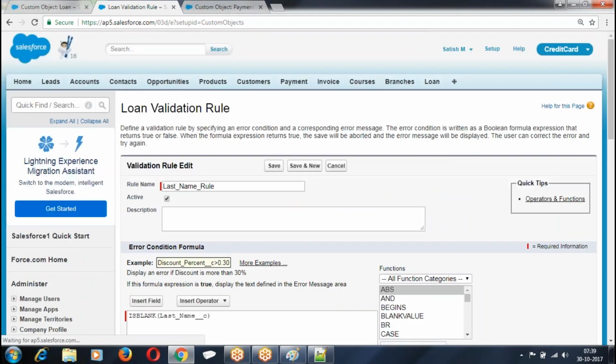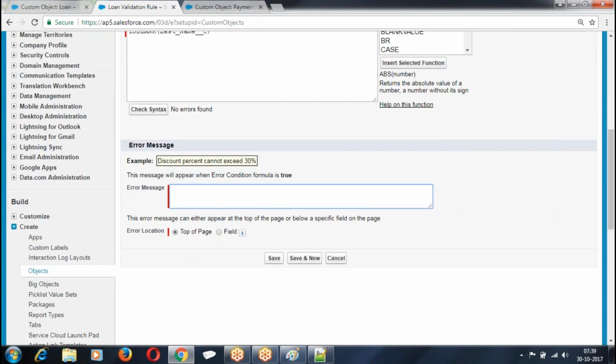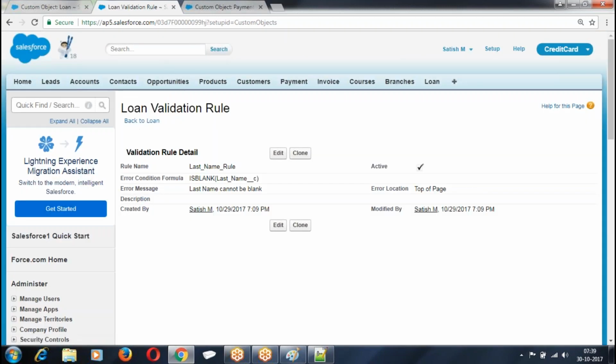Then take the syntax. This is how we create.